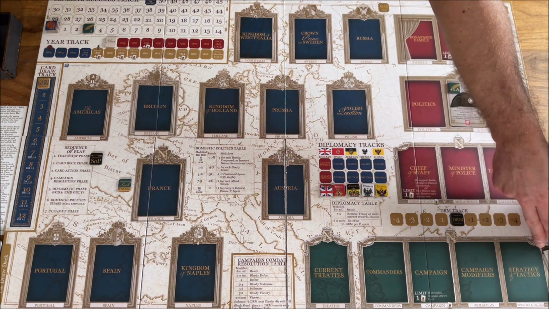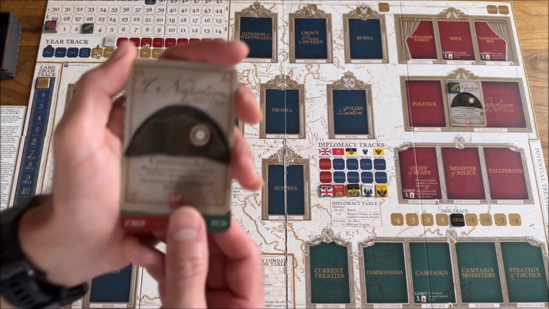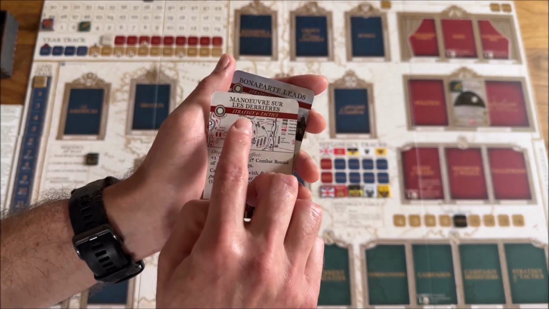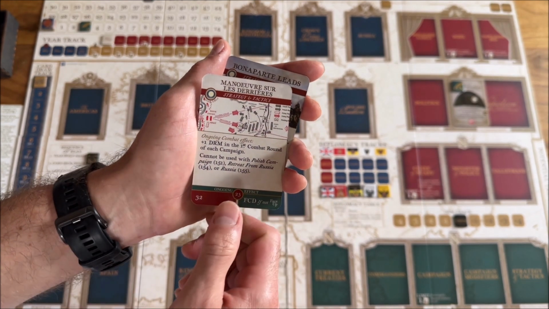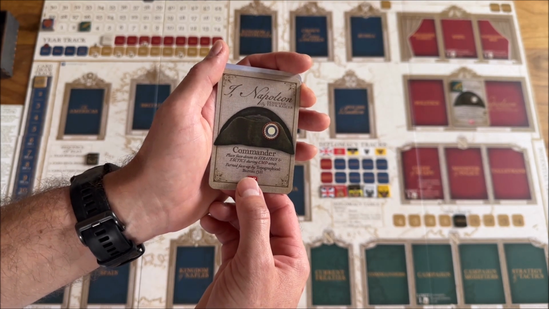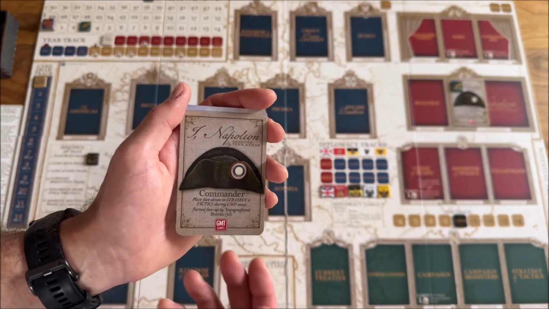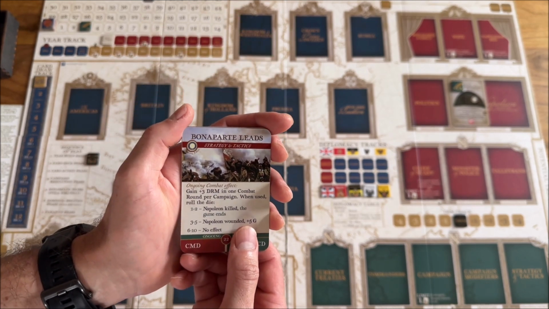And we have 2 strategy and tactics. One is available, the other is not available. Let's talk about the one which is not available. This is the card called Maneuver sur les derrières, strategy tactics, and it can be flipped face up only by topographical bureau. Fortunately, we have not played this card yet, so this cannot be flipped, but the other card, Bonaparte leads, is